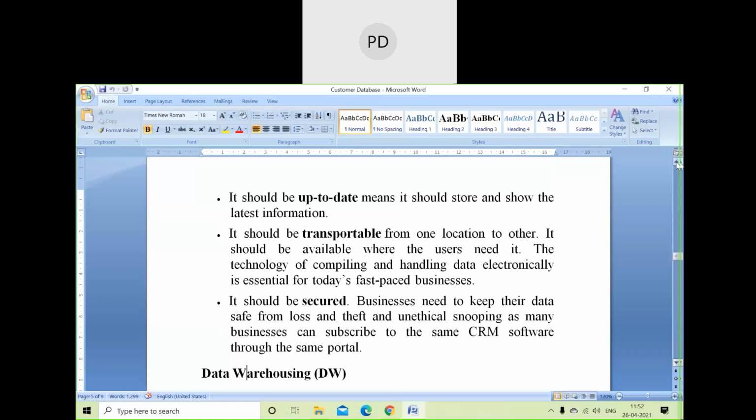HIPAA is basically the Health Insurance Portability and Accountability Act, and another one is GDPR, the General Data Protection Regulation. These are two kinds of protection we can use to secure the data of patients. One example I want to give: from the time we started storing patient data, there have been many times when data theft has happened. People hacked the information and used it for various purposes.